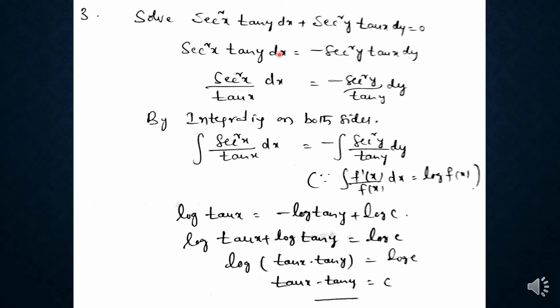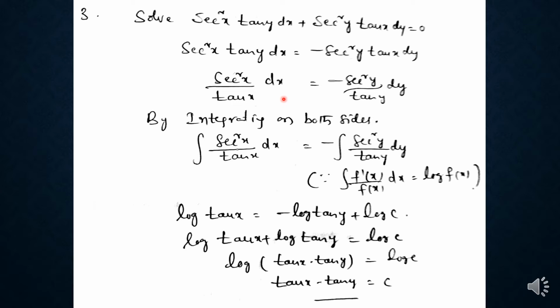Now here a dx term is there, so we should keep the x terms here. So here secant square x is there, we will send tan y to the right hand side. Then by writing tan x in the left hand side, that becomes 1 by tan x, that is secant square x by tan x dx is equal to minus secant square y by tan y, this becomes 1 by tan y dy. So now this is the function of x and dx, and this is the function of y and dy. Now the variables are separated.